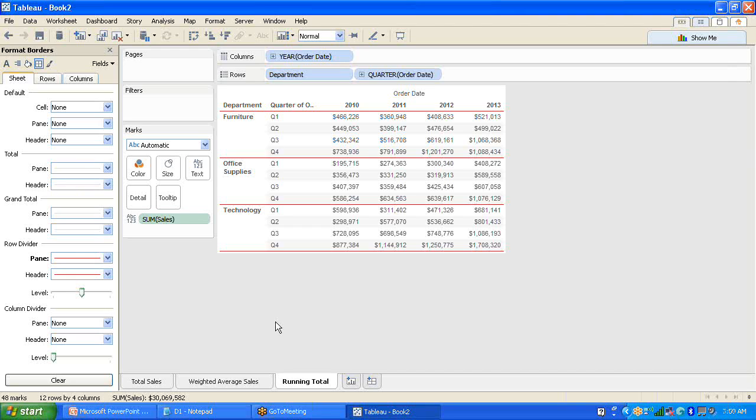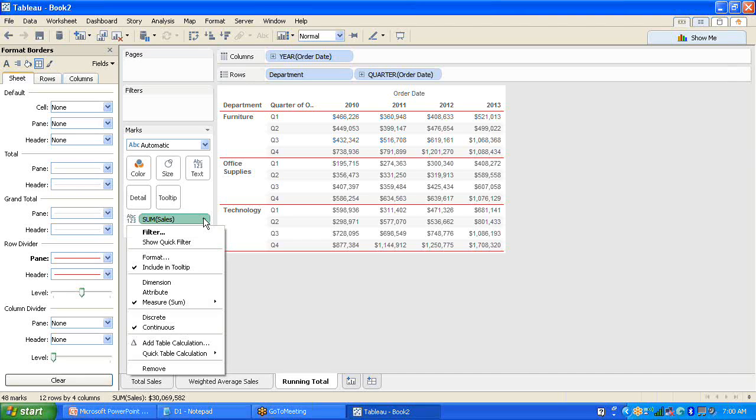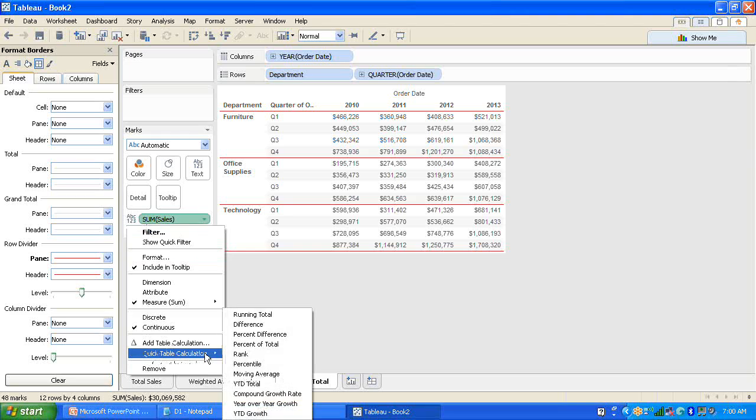so here you have sales, drop down, sales as the measure. So now let's go here, and here called quick table calculation. So if you look at this, all the calculations are available. In that quick table calculation, you have running total, you have difference, you have rank, you have